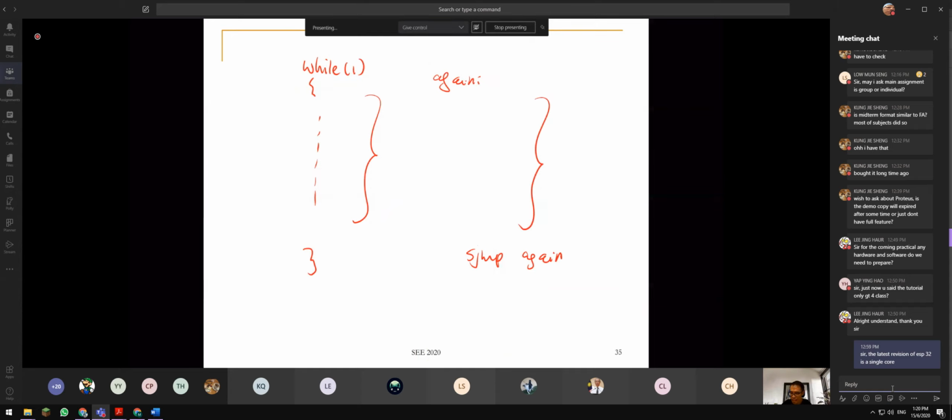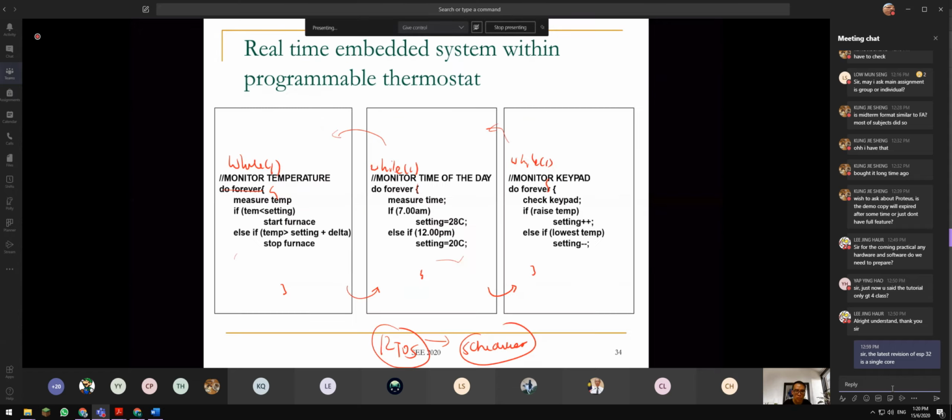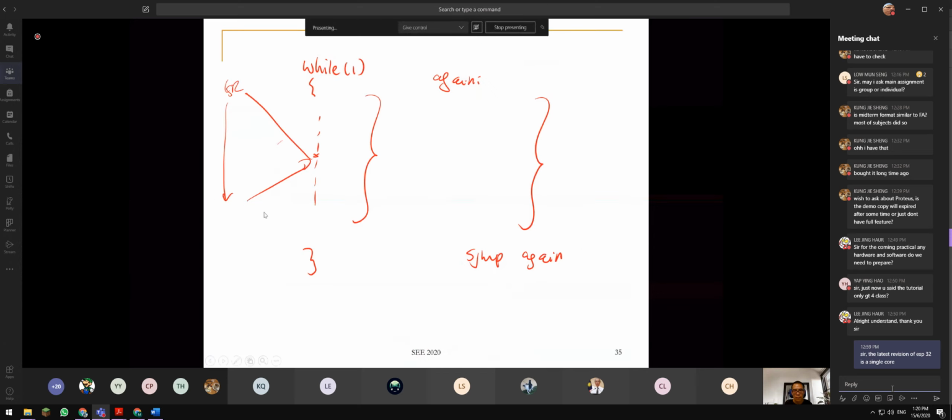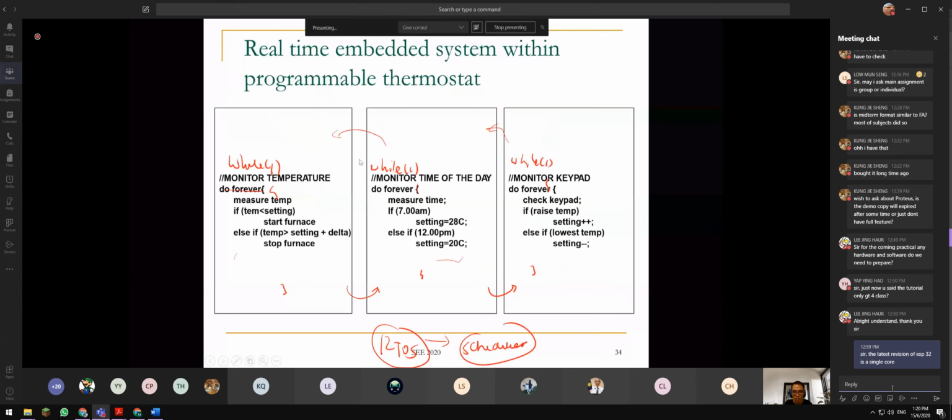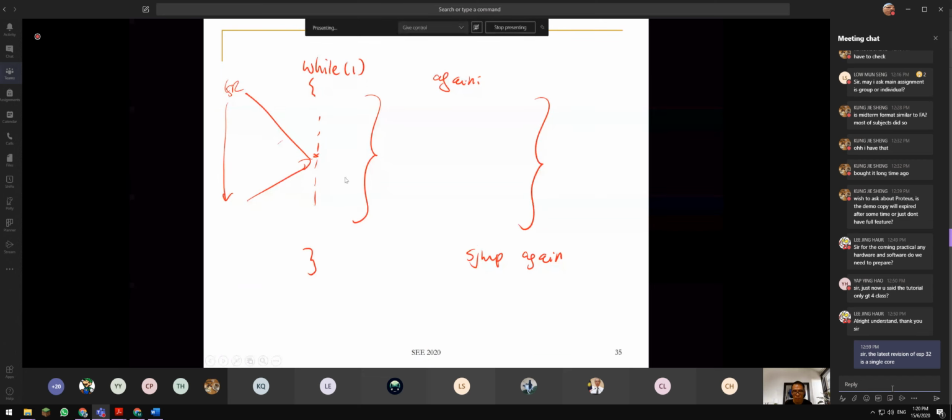Whereas for this one, yes, you have an interrupt here. You jump to the interrupt service routine, and you come back here. But not the case for a real-time operating system. In a real-time operating system, every task is like this, and each of them may also have interrupts as well. So this is real time. Everyone has their chance to run. We'll look into this in more detail in the real-time operating system chapter later.